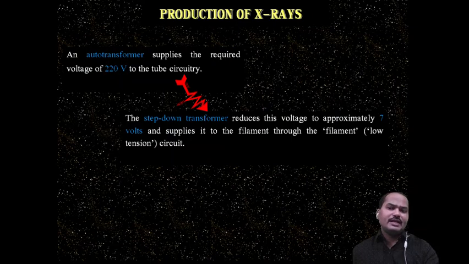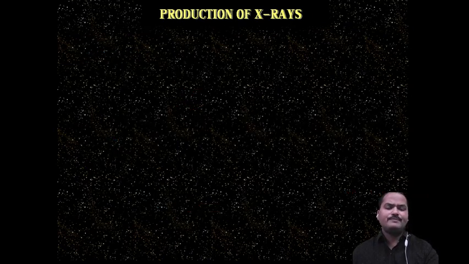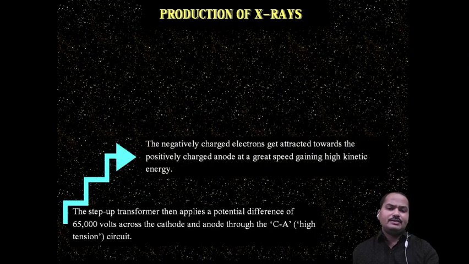So we have discussed that there is an auto transformer which will be supplying a voltage of 220 to the tube circuit. The step down transformer will reduce it to 7 volts. We will give it to the filament to produce the electrons, and the filament will get heated up, thermionic emission of electrons will occur. Then a step up transformer will create a potential difference of about 65,000 volts, and then